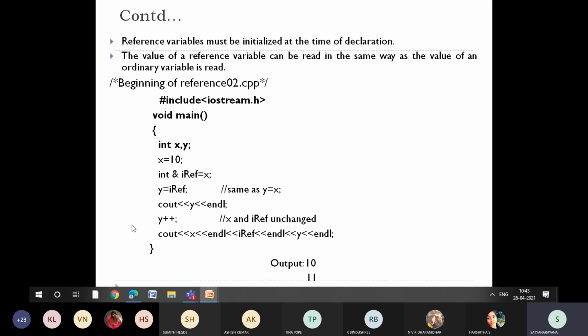Thank you. Those who have worked out and said the answer, thank you. Hope you understand. So there are 2 points you need to observe here. First, you can assign a reference variable to another variable, and if you do some changes on the new variable, it is not going to affect either the reference variable or the old variable from where we have taken the reference.